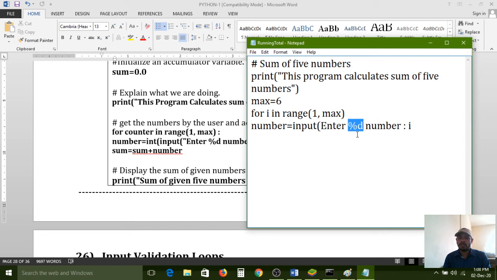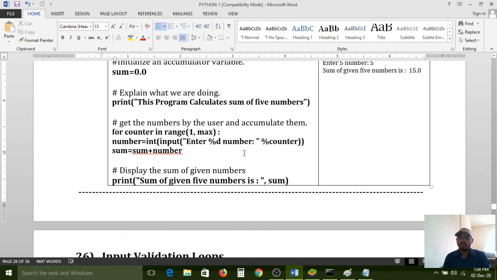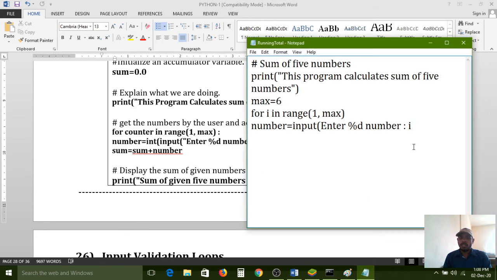Because this is a format specifier. If you use it like C syntax, this value is replaced with this one. So here we do not need to give any comma operator. For that, we just need to use the percentile symbol, because this is Python. That is the difference between this and that. If you want to use C style in Python, compulsorily we need to use the percentile symbol along with the variable instead of a comma. So the comma symbol is not required here. We need to write that in between double quotes.